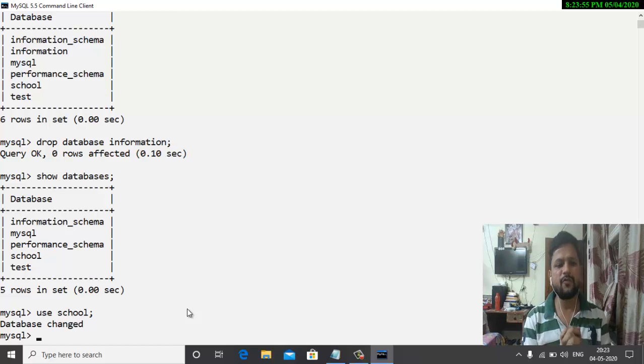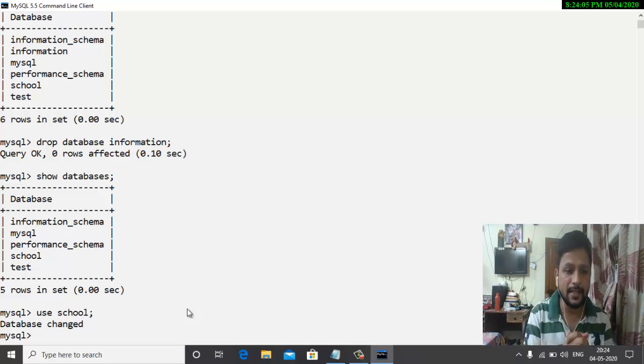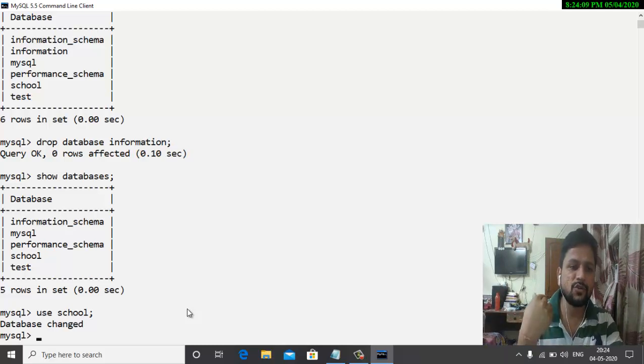Now suppose I want to see what the different tables available in this particular database are. In that case, which command will I use here? I can use the show command. The show command can be used for a database also, and it can be used for tables also. So I'll use show tables,